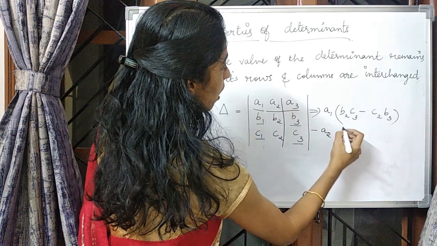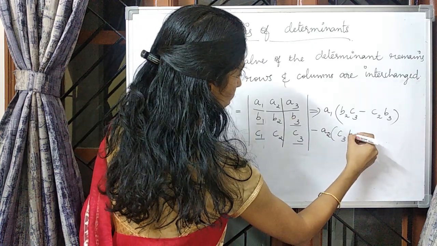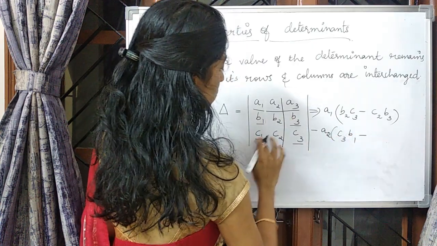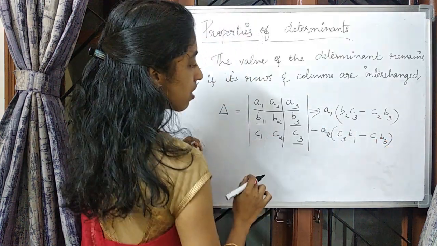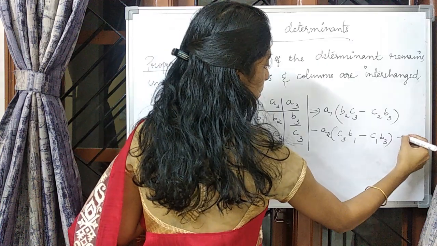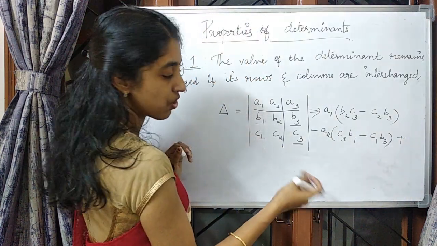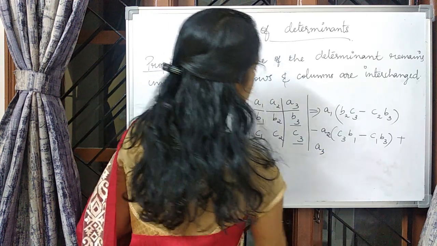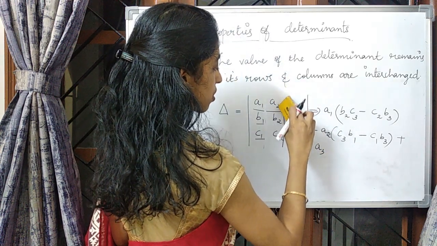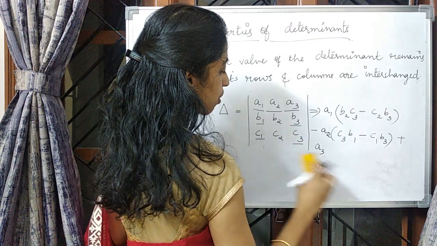So A2 into B1 C3 minus C1 B3. Then the last element is A3, and the sign will again change to plus. For A3, its corresponding row and column vanish, and the remaining you will get